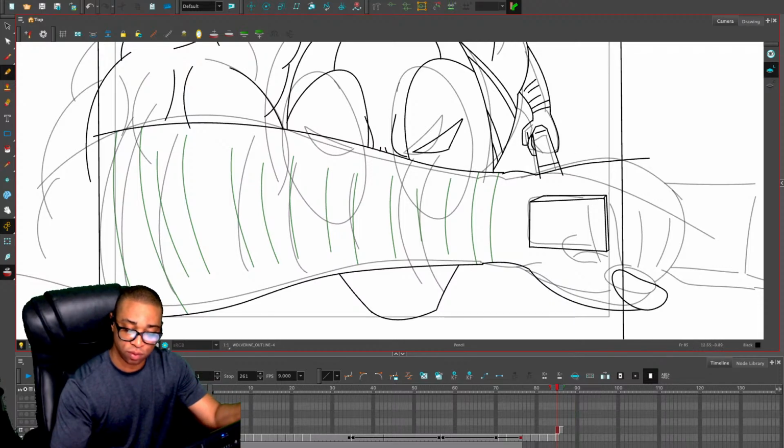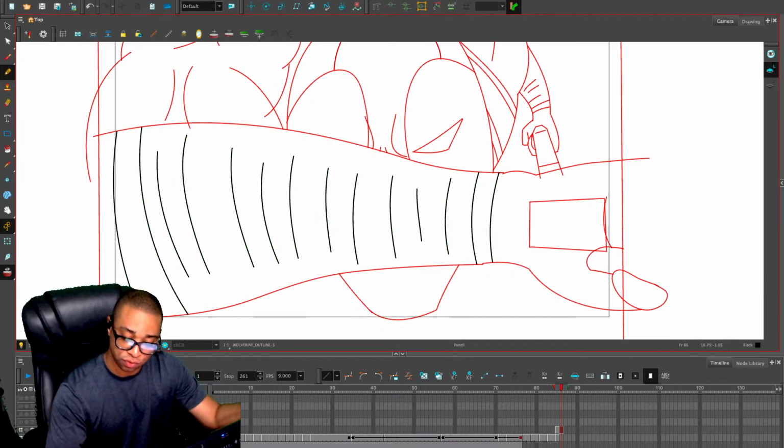Like that. And then probably don't even need that much, honestly. Probably could just do the hand. Let's just do the fingers. Kind of like this here.